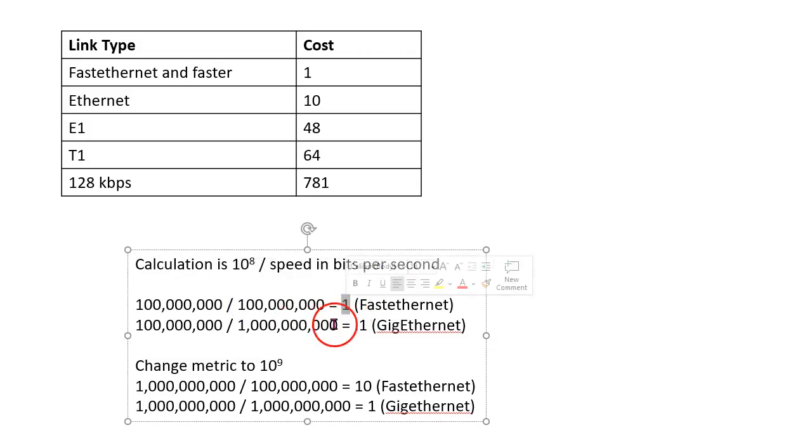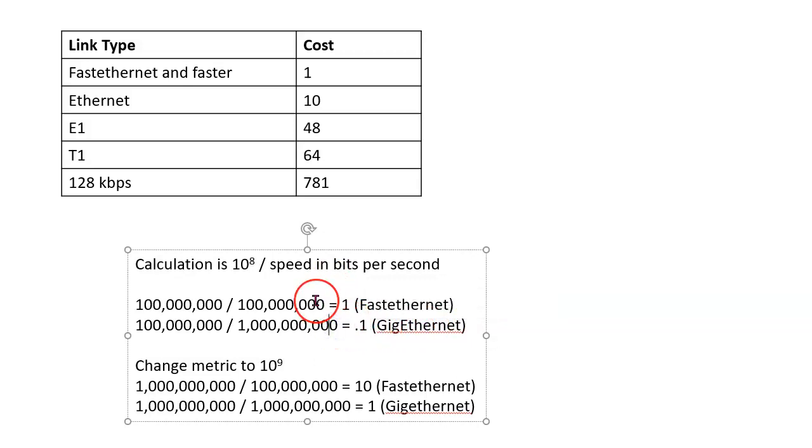Now what happens if we have gig Ethernet? Well, that's a billion bits per second. So we end up getting 0.1 for the solution. Well, you can't go below 1, and so it's rounded up to 1. So you can see why all of these gig and 10 gig are all still 1.